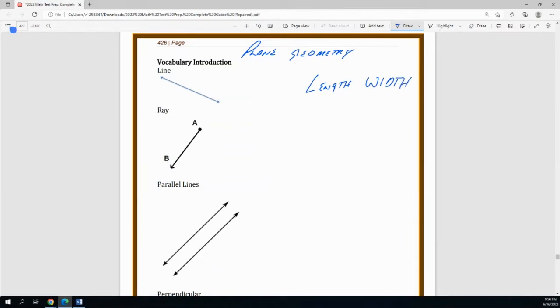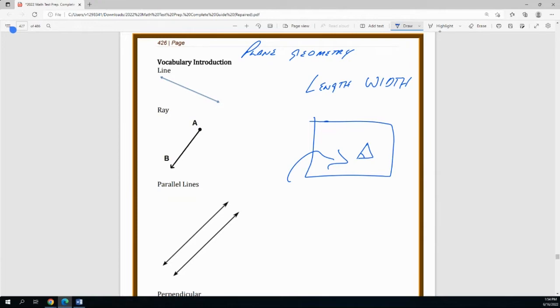Another way to think about this is you're working with a flat board. You can say that I'm working with a flat board, and I'm drawing on it. So you have a flat board, or just like this flat piece of paper that we're working with, and you're just drawing things on it. We're not going to be talking about a third dimension. We're just talking about things that I draw on a flat board.